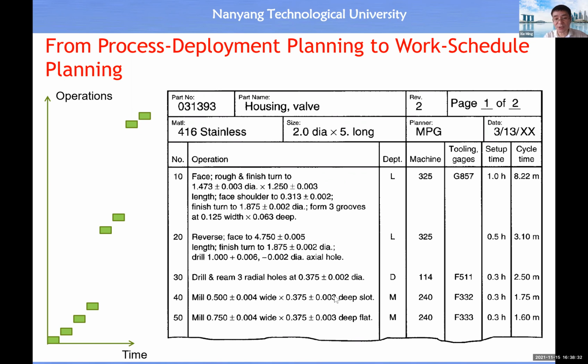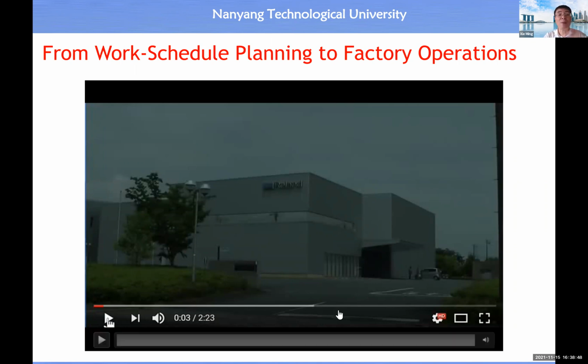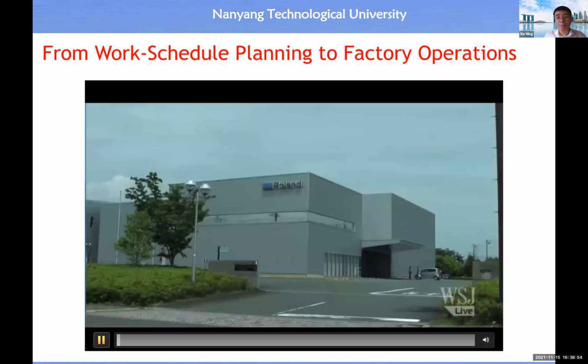Drilling, we'll use this machine. Milling, we'll use the same machine, etc. You see, we must come out with all the detail. With all this detail, then we can supply it to a human worker or to a robot to actually perform the task. And this video shows you the scenario of making use of a human worker